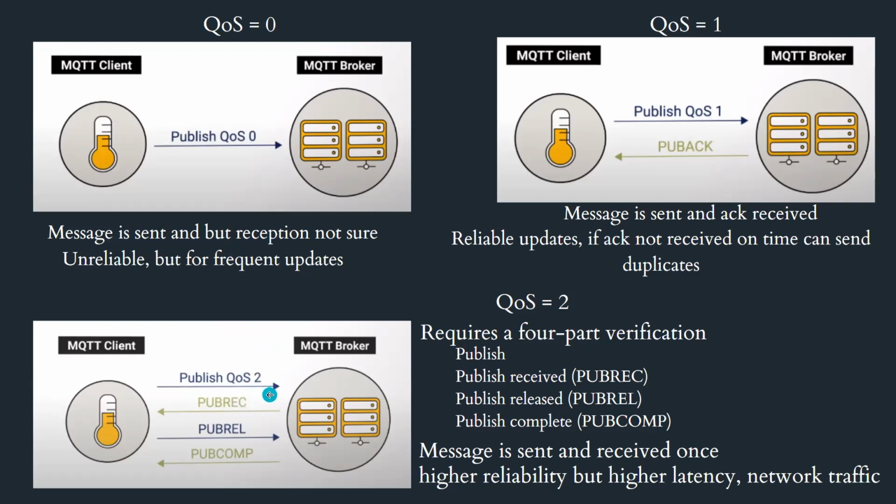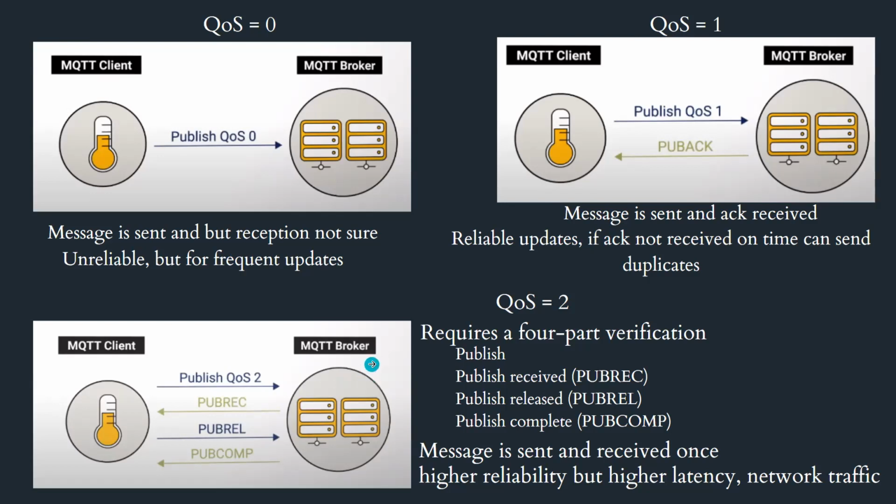In that case, if we have to resend the data again and again to the receiver, which here is a broker, then it's going to take a lot of time, a lot of delay is going to be caused, and also the network might get congested if we keep retransmitting a large data or a packet with a large payload. In order to avoid such consequences, QoS level number 2 is defined to ensure